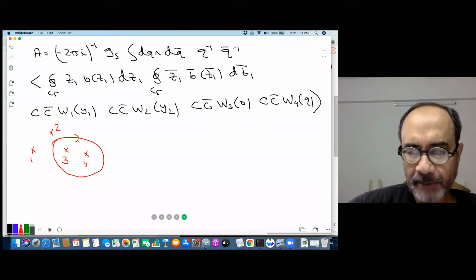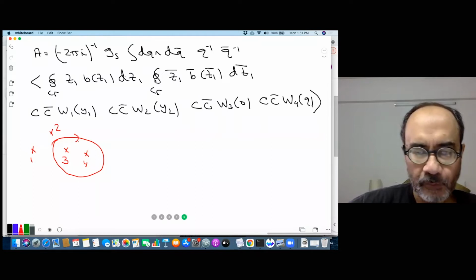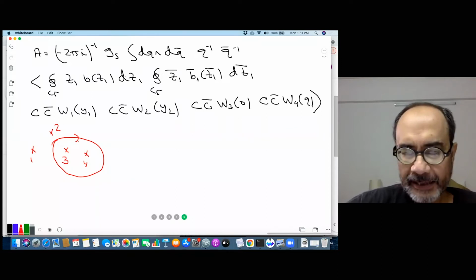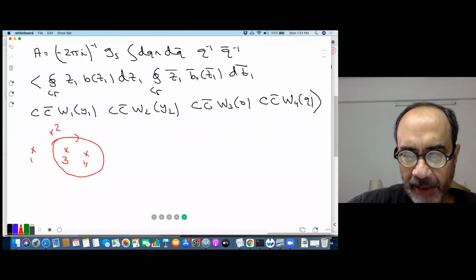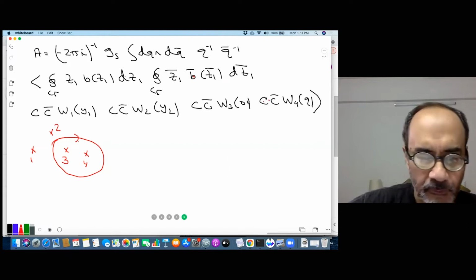Because B bar with C bar gives you 1 over Z1 bar minus Q inverse, 1 over Z1 bar minus Q, and you have to multiply it by Z1 bar, that gives you a factor of Q bar. Similarly, this gives a factor of Q. Then there's an extra minus sign because this B bar is of course anti-commuting. To go next to C bar to pick up the pole, it has to pass through C, which is also anti-commuting, and that picks up a minus sign. So the final result that you get is